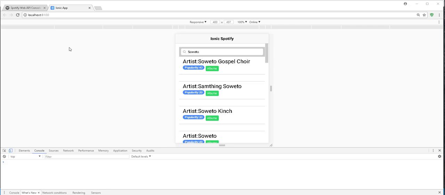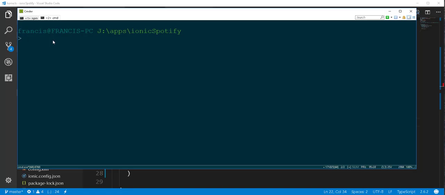Hello and welcome back. I'm going to add a click event to this button so that when a user clicks on it, he or she should be able to see the various albums belonging to a particular artist. Now, before adding this click event, I'm going to generate the page, which is similar to an Angular component. So in the console, I'll generate the page by typing ionic g page, and I'll call the page artist